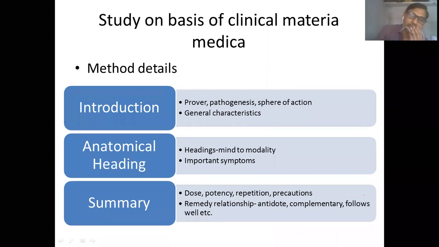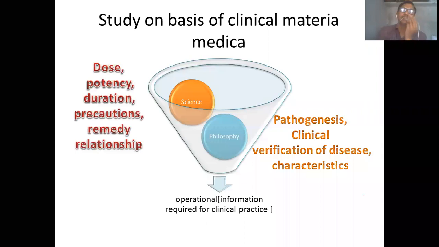So along with this pathogenesis, clinical verification, and characteristic, after selecting the medicine, it must be given in a proper dose, in a proper potency, in proper repetitions, and for a proper duration,